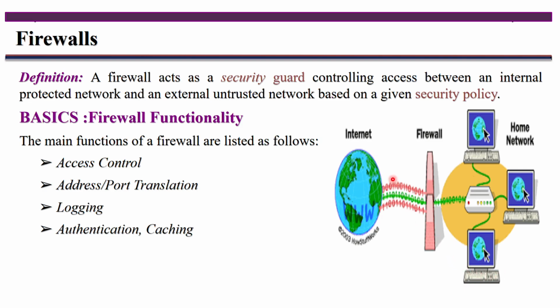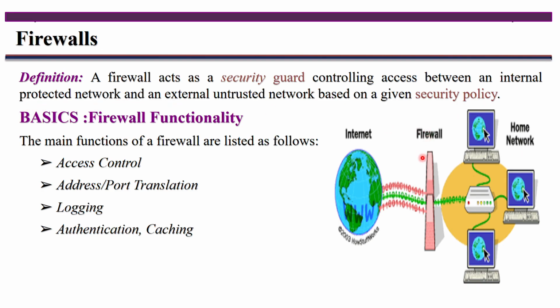Now if any intruder wants to harm this internal protected network, it must first pass through the firewall. The firewall verifies whether it is a malicious program or not. If it is a malicious program, the firewall discards that packet right there. It doesn't allow that packet to enter the internal protected network. Along with security, the firewall also provides confidentiality for the data in the internal protected network.